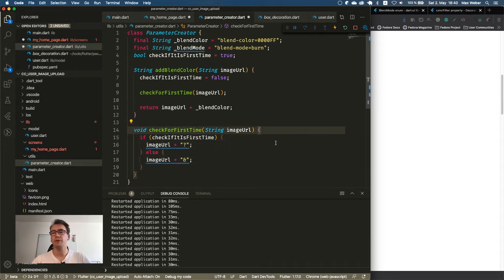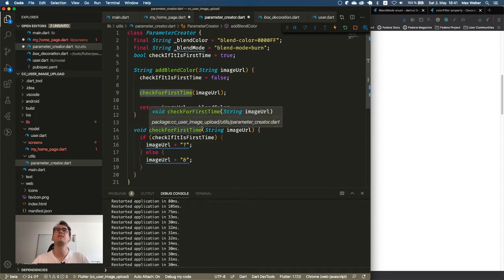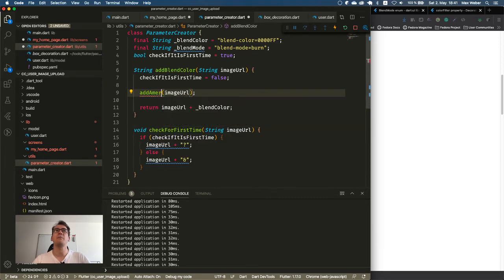No, because as we learned, we don't want to mutate the state. If we say we check for the first time, we don't want to mutate inside. So that is a bad name. But what we could say is add necessary or add parameter. Add parameter. How do you call these parts? I don't know. Character.